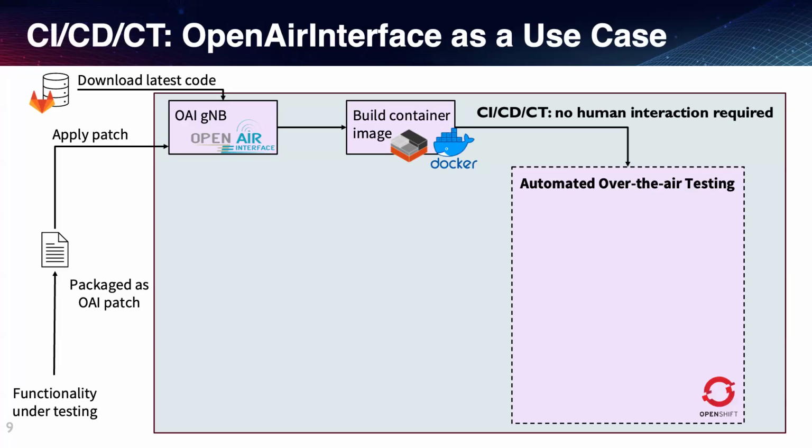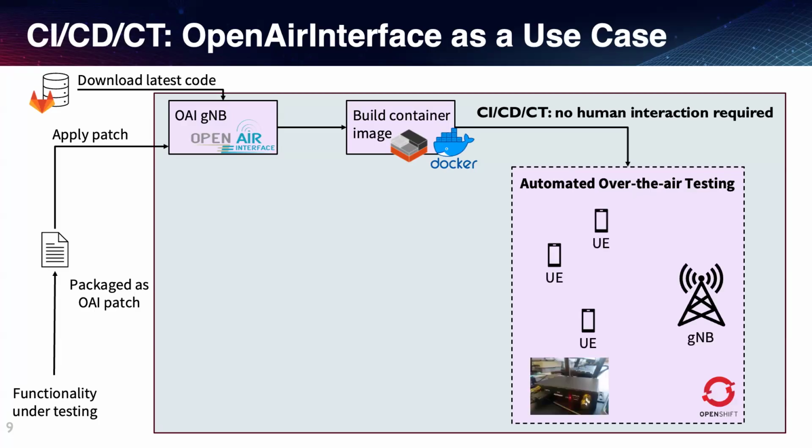So we have an over-the-air environment where we have some base stations deployed through this software. So I take my container that I built, I deploy that on generic hardware on top of Red Hat OpenShift, which is the orchestrator that I was mentioning earlier. And so in this way, I have my base station up and running. And then the base station can trigger some users, like the one you see in the picture here, which is a 5G modem, and execute some tests over the air,